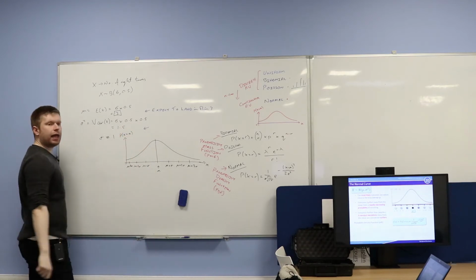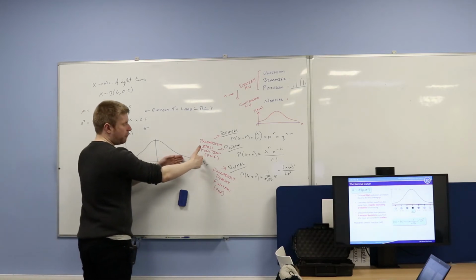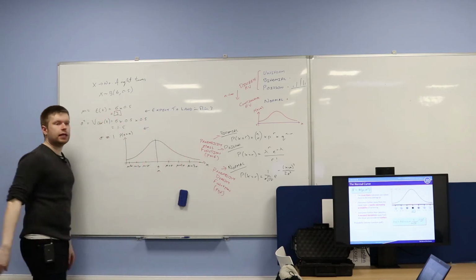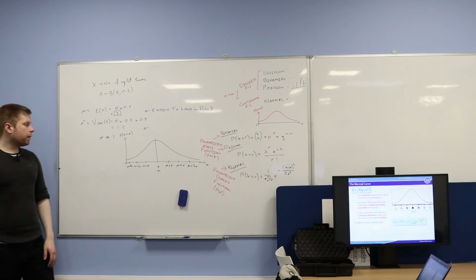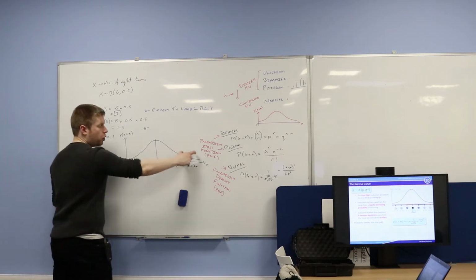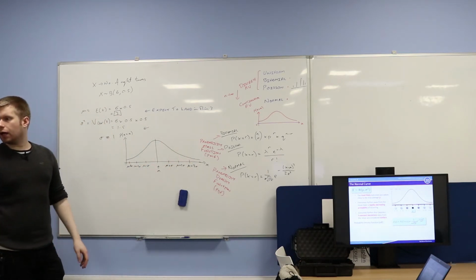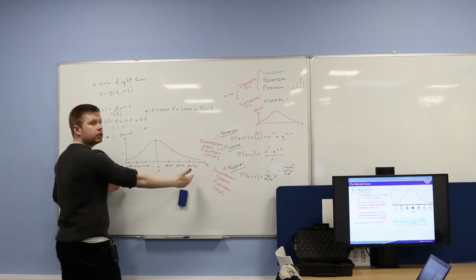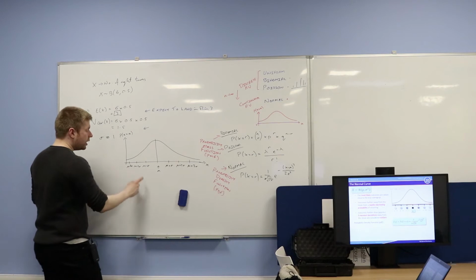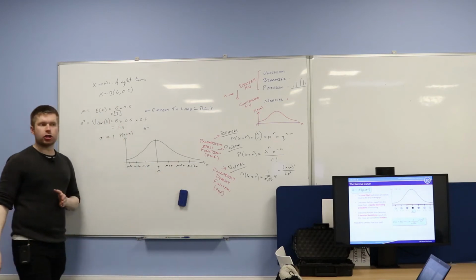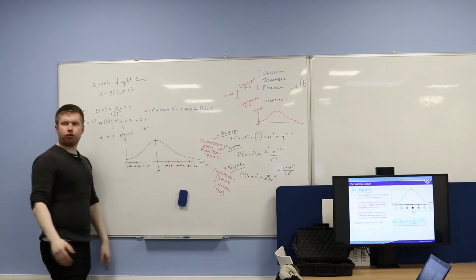So this tail out here represents sort of really small values. This tail up here represents really big values, but the majority of data lands here. Okay. So if I take the example of height, few people really small, few people really tall. The majority of people are kind of average height. And this here describes the spread of the distribution. If you know what your mu is, if you know what your expected value is, and if you know what your standard deviation is, then you would expect the majority of your data to lie within about 3 standard deviations